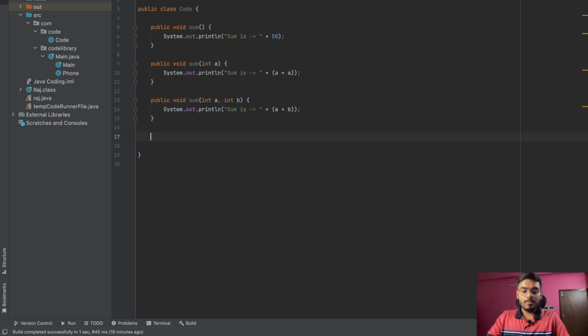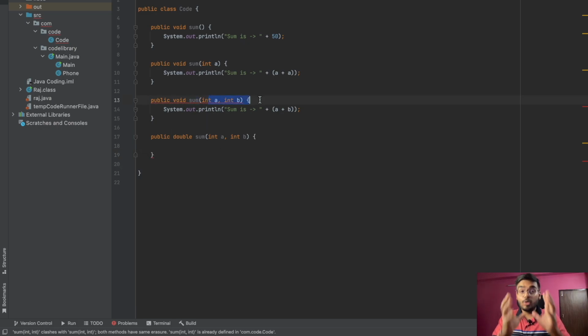Let's take one more function, not of void type. Let's change the return type to double, and the name of the function is sum. Let's take two parameters, a and b. You see a red line coming, saying the same function is already defined: we already have a function named sum with parameters a and b, that is, two parameters. Again we are defining one more function with two